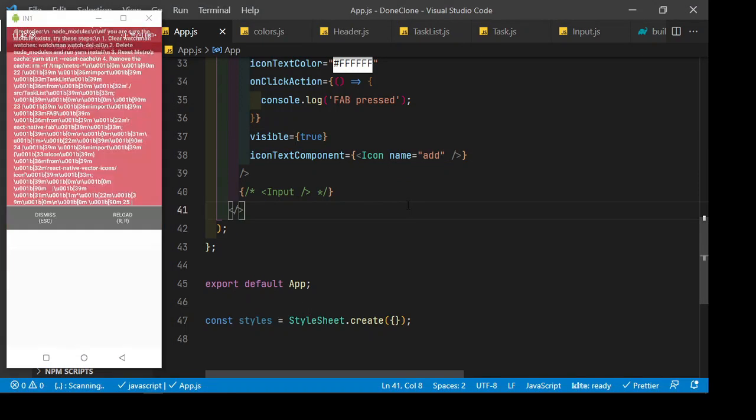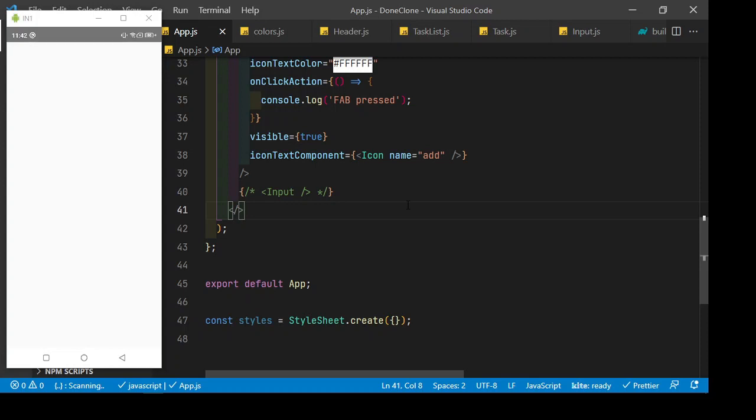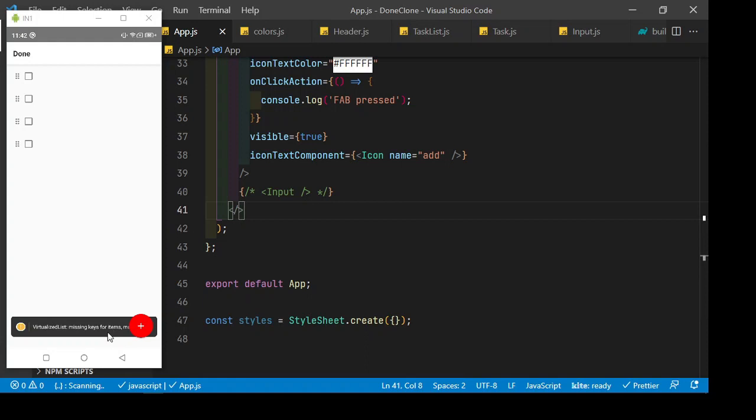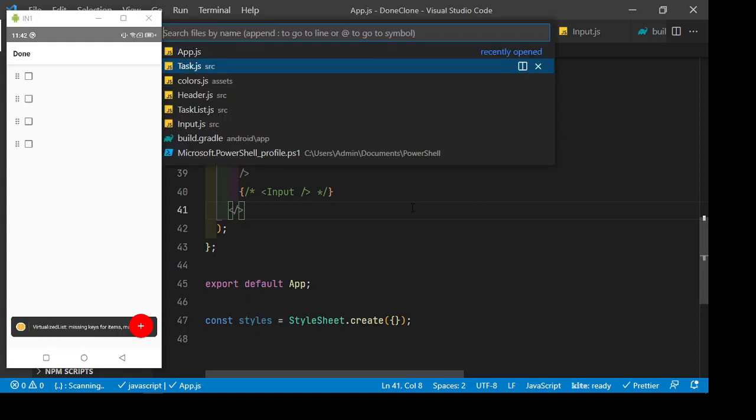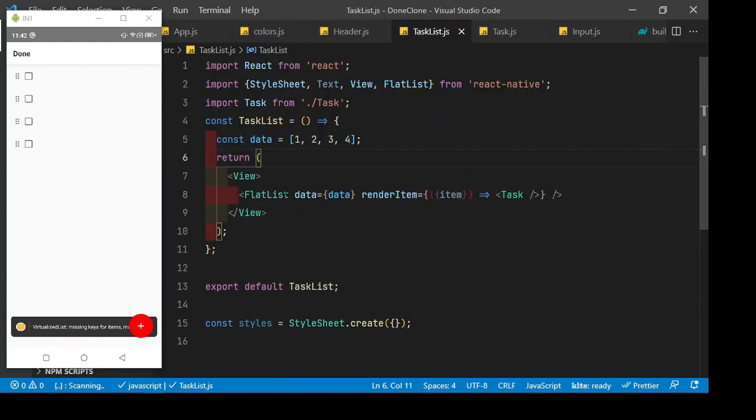I have to reload this. So here you can see, okay, and you can see here missing keys. Okay, for that in task list we have to pass key extractor,